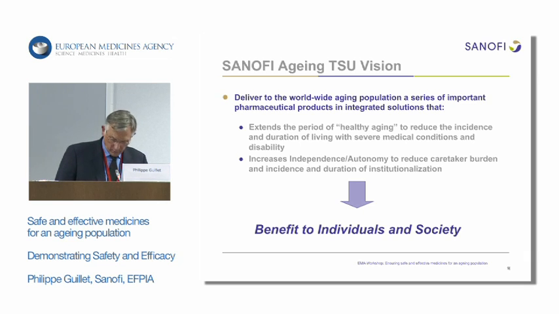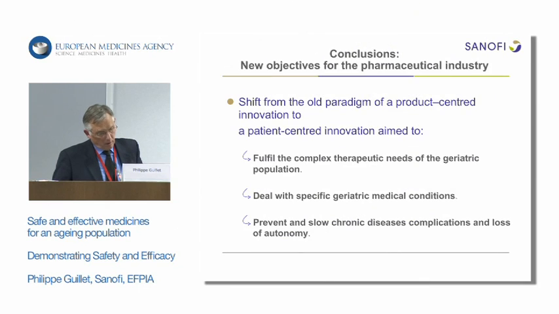Just to give you an example of what this reflection around aging has brought about in the industry, I'll give the example of our industry, where in order to tackle the specific old population, we've created a specific aging therapeutic strategic unit, which is a group that's handling all the developments around aging. And from the discussion that we had during the creation of this unit, we've come to realize that we needed to shift from the old paradigm of a product-centered innovation to the patient-centered innovation